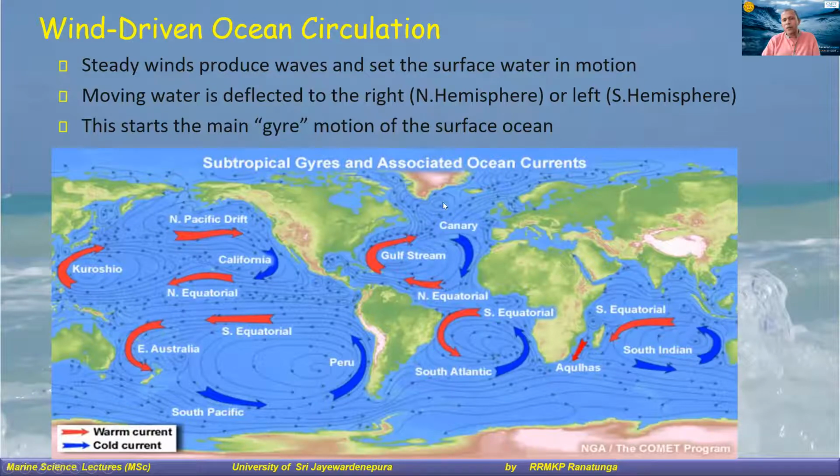In all the ocean basins, you see this kind of circular movement, but it will be different currents with different names. But when we consider them together, they will be more or less a circular movement. And they are called the ocean gyres. It's motion in a sort of circular pattern. We call it a gyre, ocean gyres. And this is because, in the northern hemisphere, because of the Coriolis effect, the movement is always deflected to the right. And that's why it's happening like this.